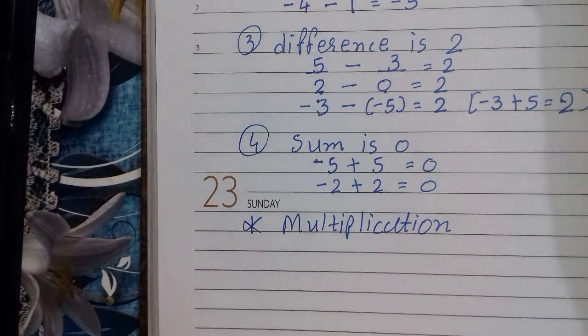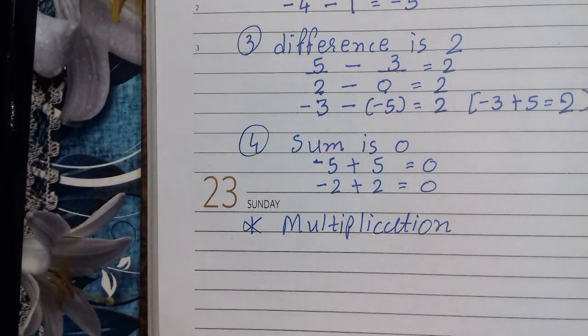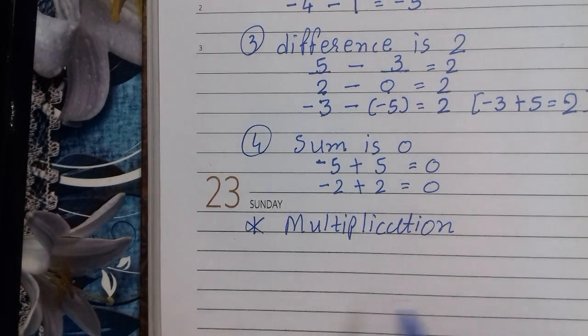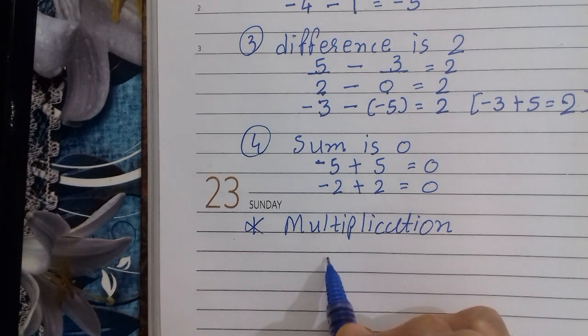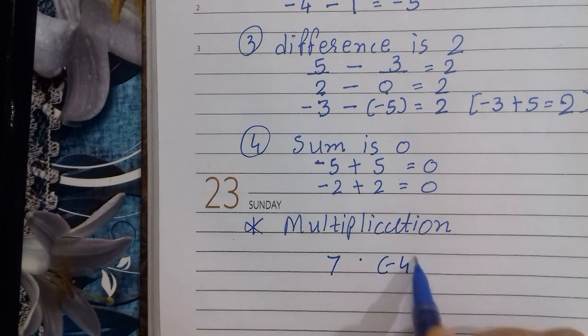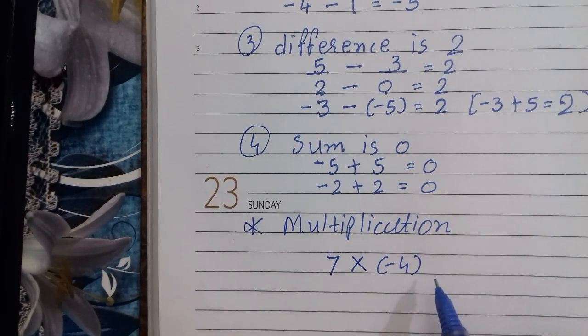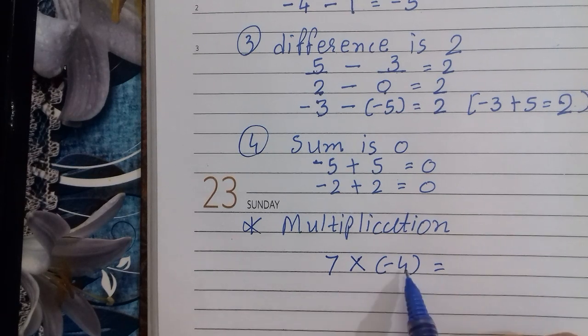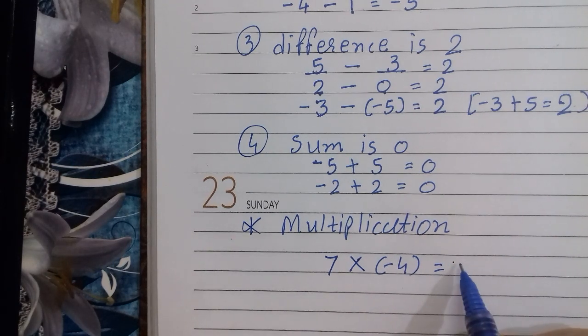First we will see multiplication of a positive and a negative integer. So take one positive integer 7 and one negative integer minus 4. So the product of 7 and minus 4 is